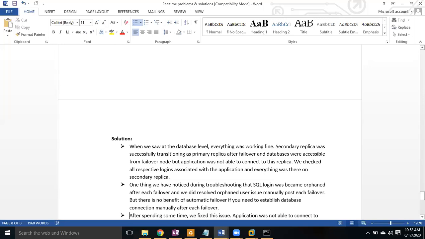Right? We discussed the SIDs and orphan users. When it is on the primary replica, the SAP account's user SID and login SID are the same, the connection is established, and they can do all kinds of operations. When failing over to the other node, the username is the same at the secondary replica, but the SID is different. That means the SAP application account's user SID and the login SID are different on the secondary replica. So how can we verify that? We can use the sp_